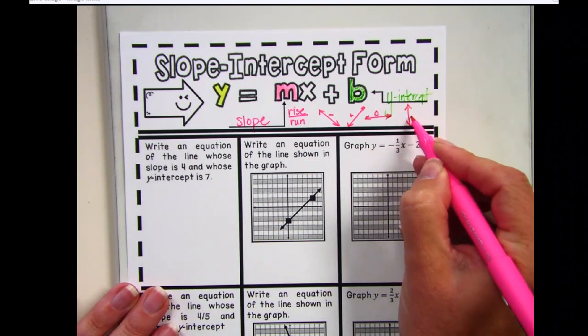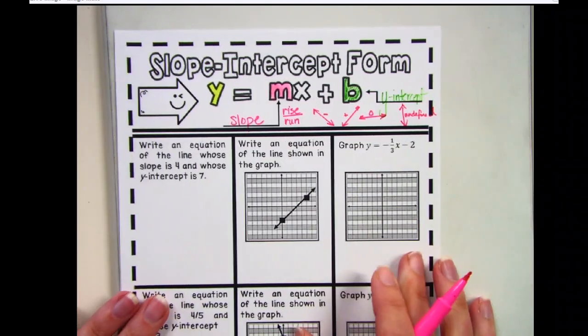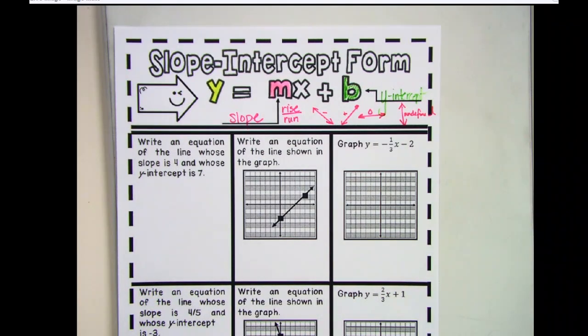And this is undefined. So those are all the various slopes we'll run into. Now some of these sound really scary, but once you jump in and see exactly what they're asking, that's half